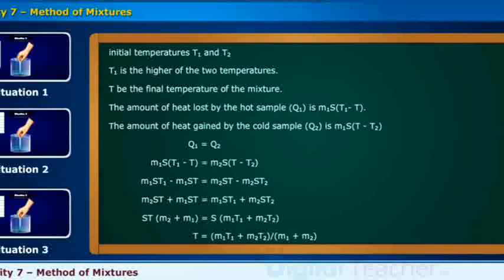We observe that the temperatures of mixtures in situations 2 and 3 are not equal. Let us learn about the reasons for